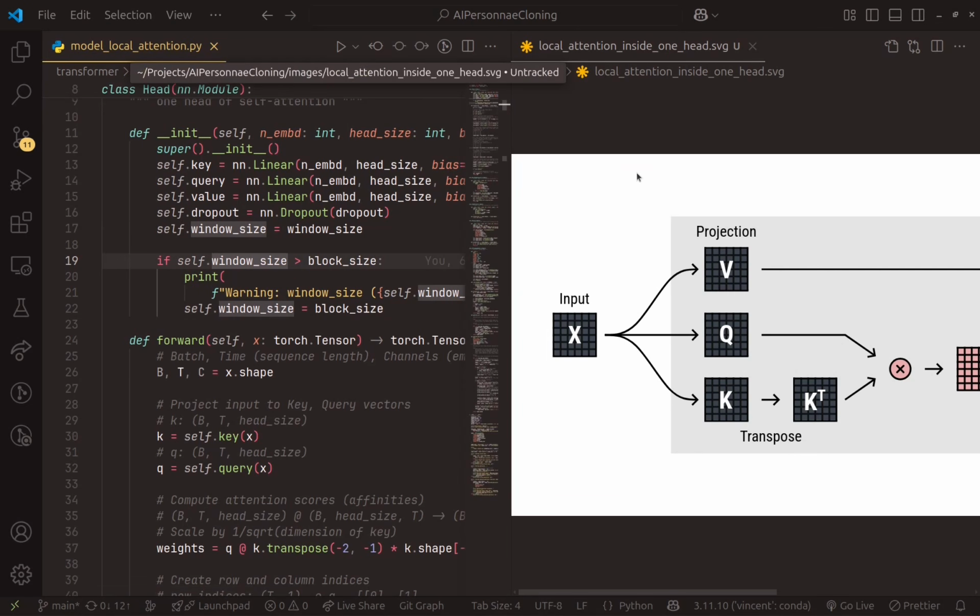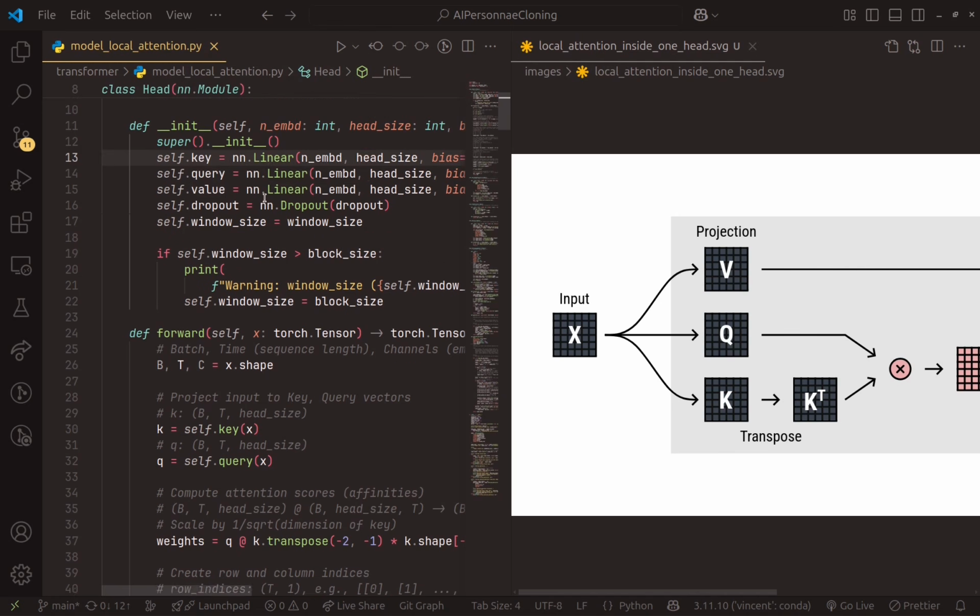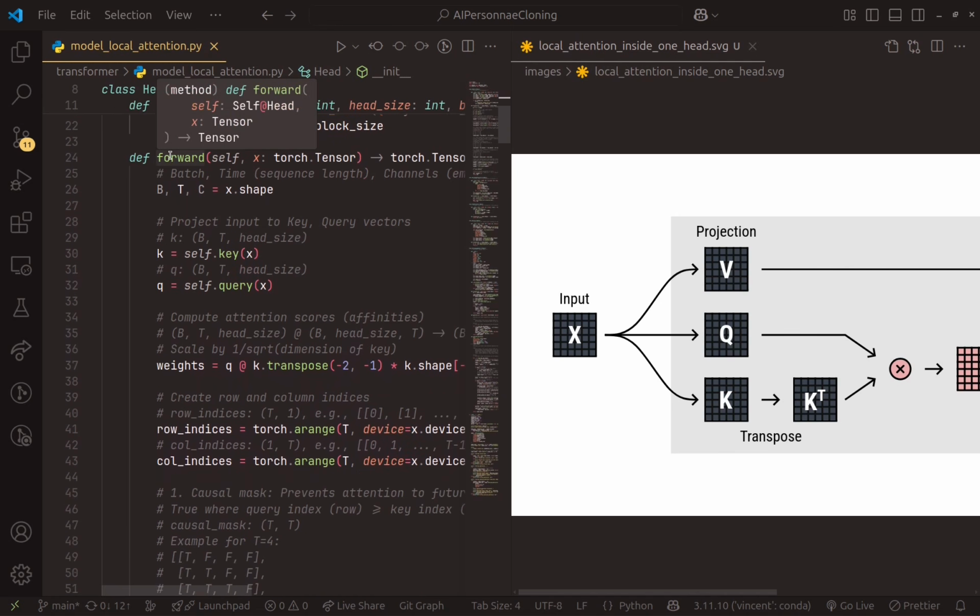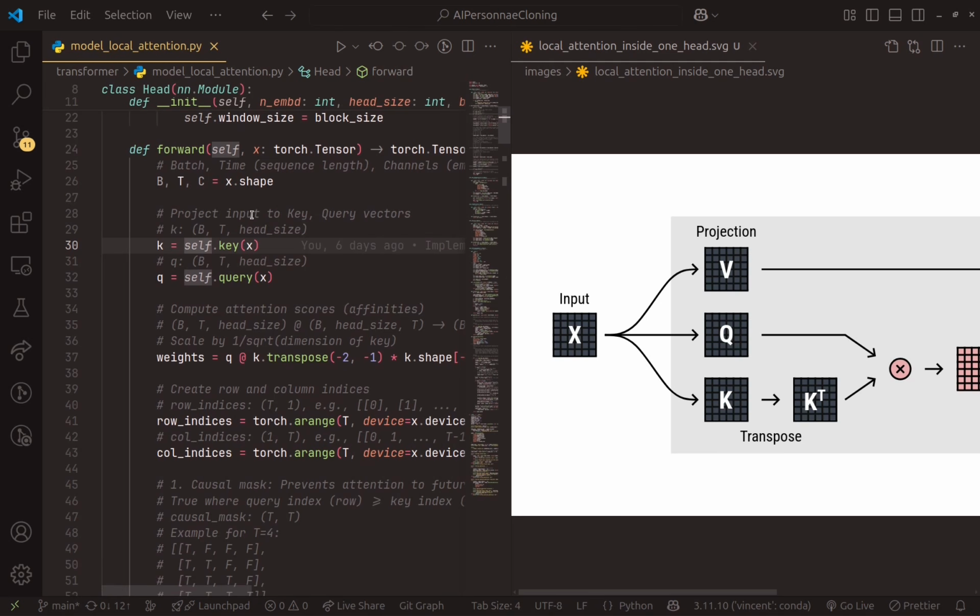And here is the diagram that explains how local attention works. Here we have the three matrices: key, query, and value. Here they are just linear layers, but we are going to use them in the forward pass. Okay, so let's start. First, we have the input X. We are going to project it into the key and query matrices. So here we are using the key and query linear layers, and the shape will be batch size by sequence